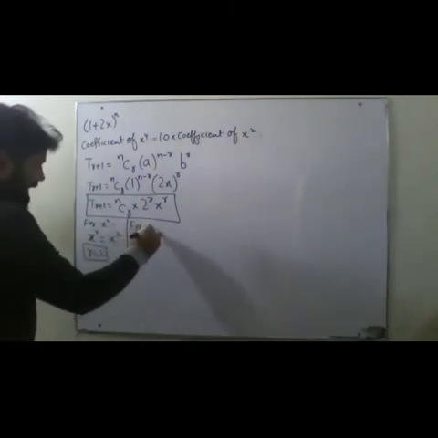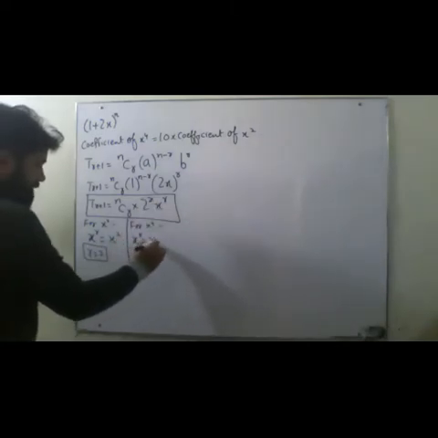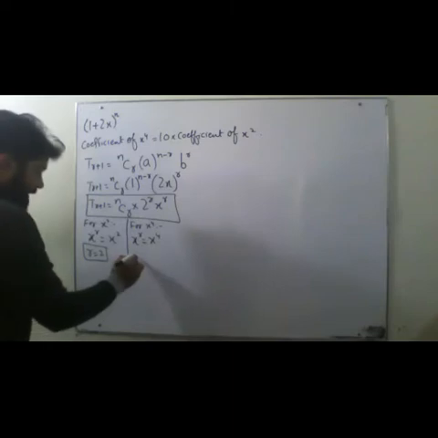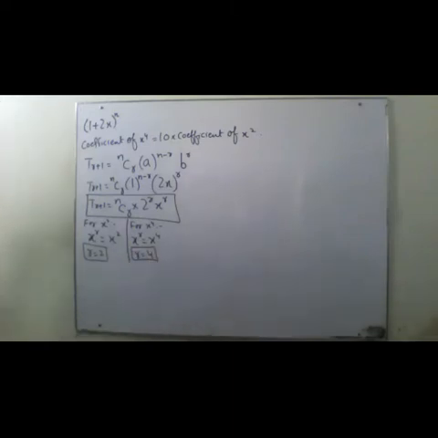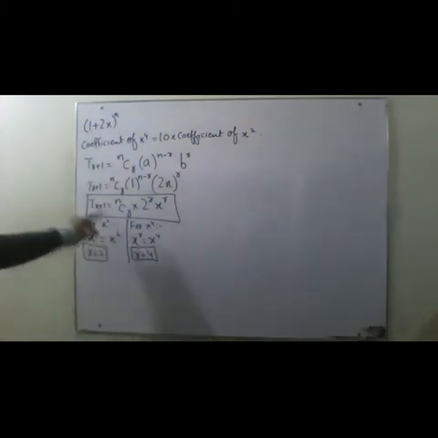In the same way, for x^4, x^r equals x^4. Both sides are equal because the equals sign is there. Bases are same, so the value of r equals 4. Okay. The value of r is coming 4. Right. Now, plotting my values of r one by one over here. First of all, I will put 2 and then I will put 4 over here.